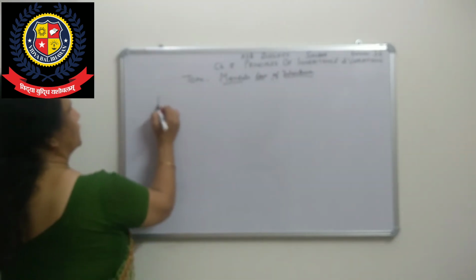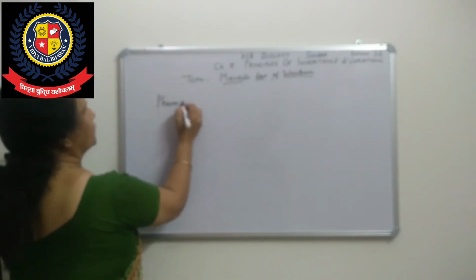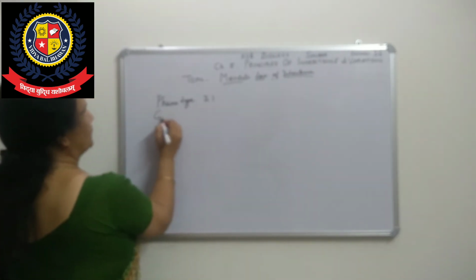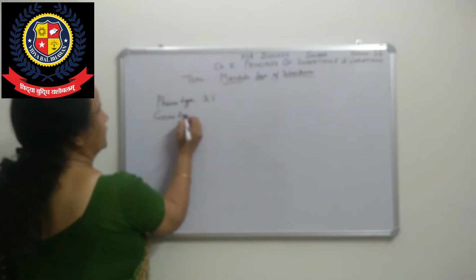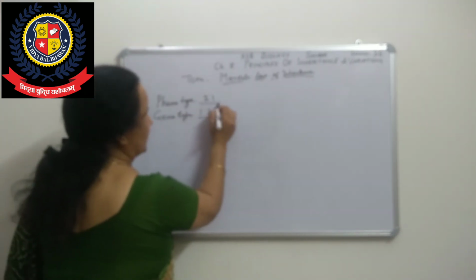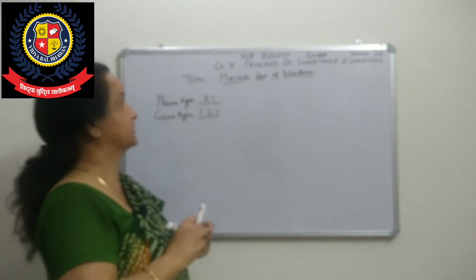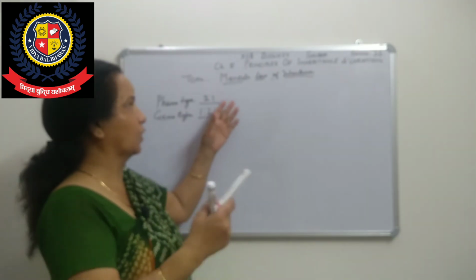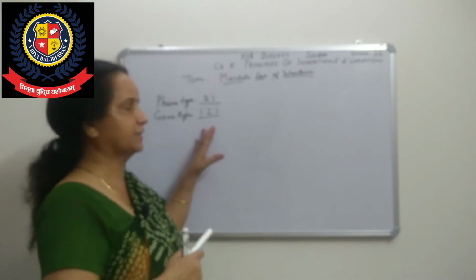The phenotype ratio that we have got is 3:1. And the genotype ratio that we are getting in the F2 generation will be 1:2:1. That is what Mendel had shown, which at the time was discarded by the scientists. They were saying, how can mathematics be involved in biology? But that is true.